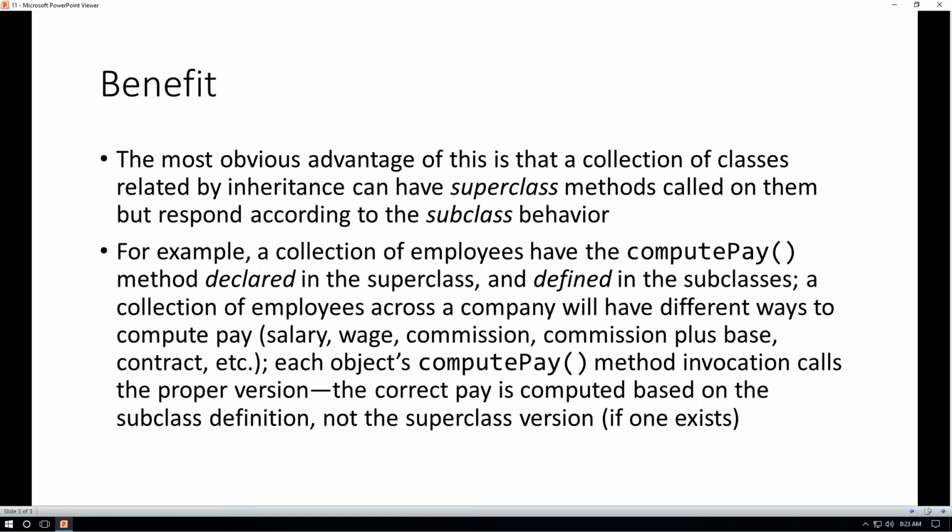It allows each employee to come up and call the specific computePay method for that employee's type, even though each employee is being referenced as a superclass object. That means it makes the programming simple. We have a container of employees, and for each employee in the container, we call the computePay method. That code is simple. The runtime determination of which method to run, which overridden method to run, is done